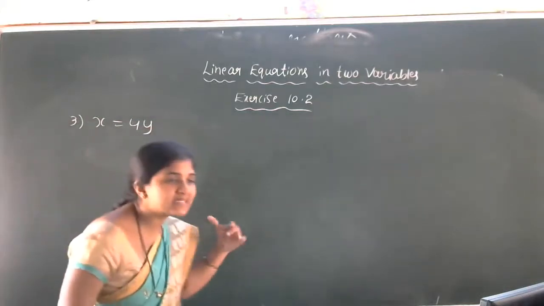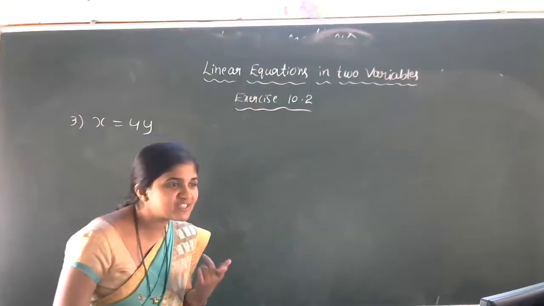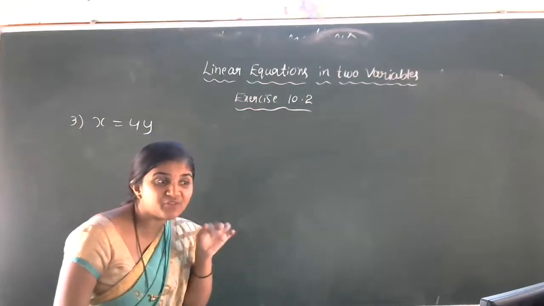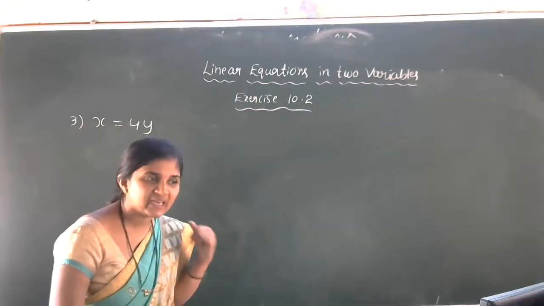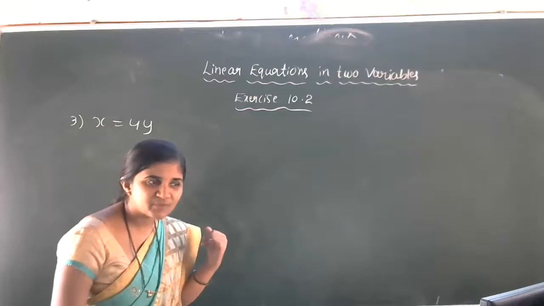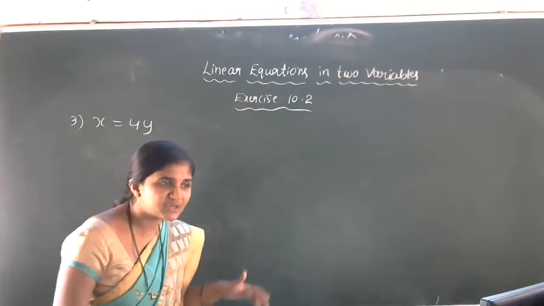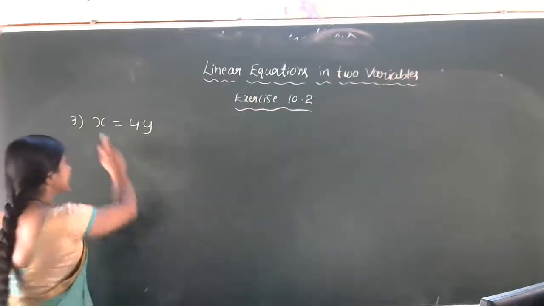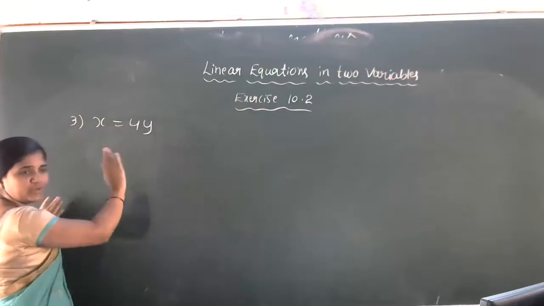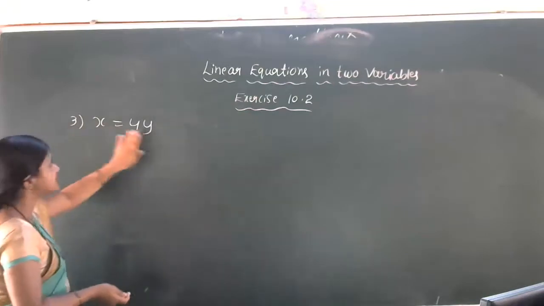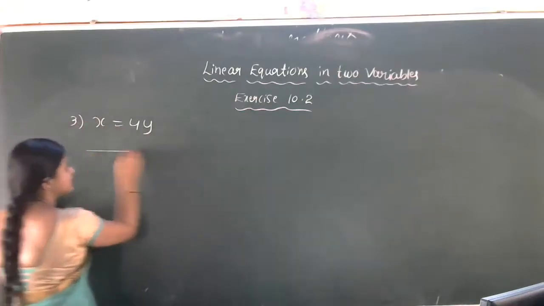Now the problem is in which form? Yes, students, which form? X is equal to 4y, in the sense this is which form? X form, no? This is X form. Here what we have to do? Do you want to convert this into Y form? No need, because X coefficient is 1. Let us keep this problem in the X form only. No need to convert it into Y form. X is equal to 4y. So we will continue the problem with this equation only.